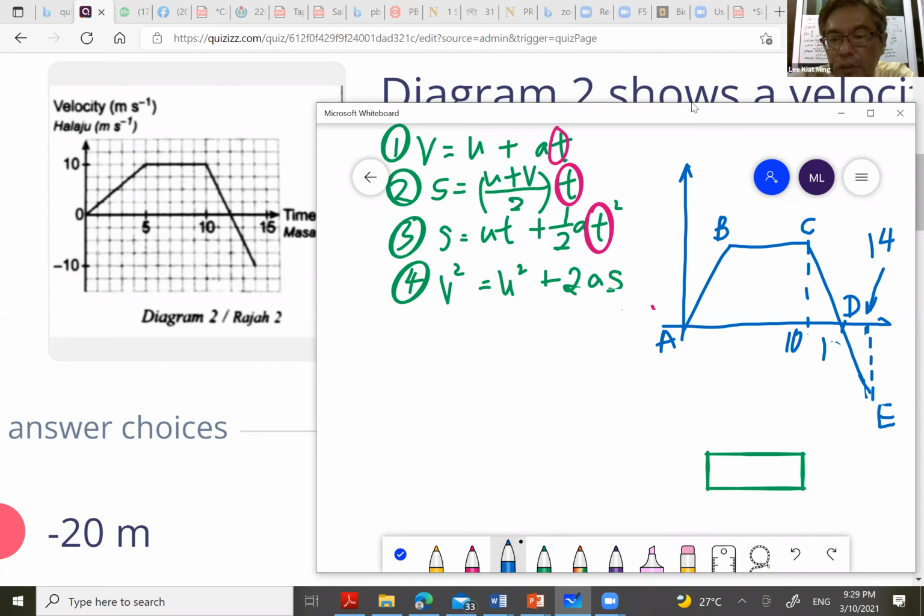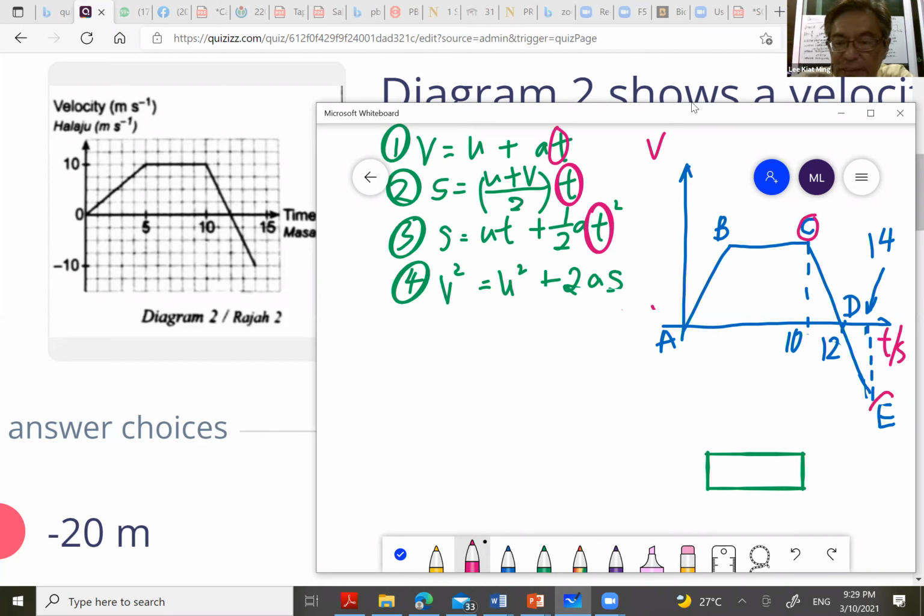So you know you're going to do the first part. This is velocity against time, so in order to find displacement, you are going to use area. Negative acceleration is talking about between C and D, and C and E. But we know we have